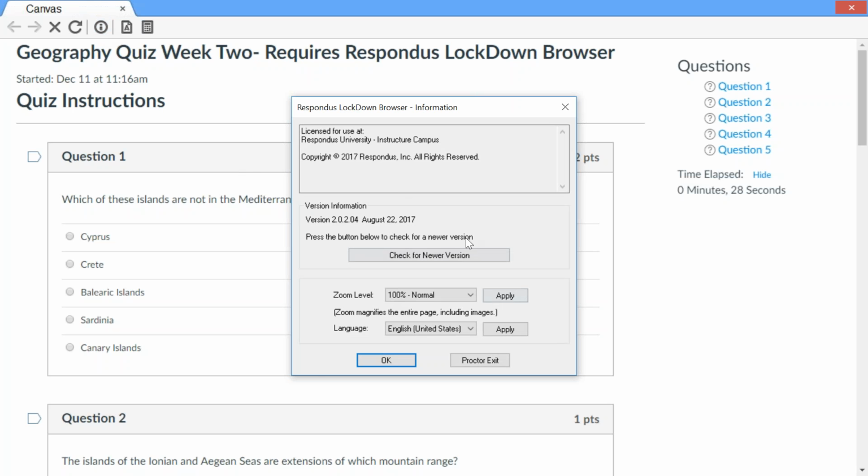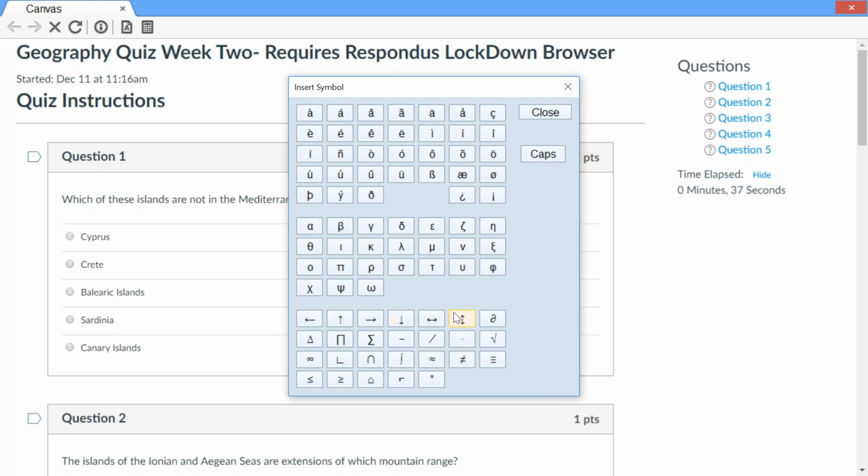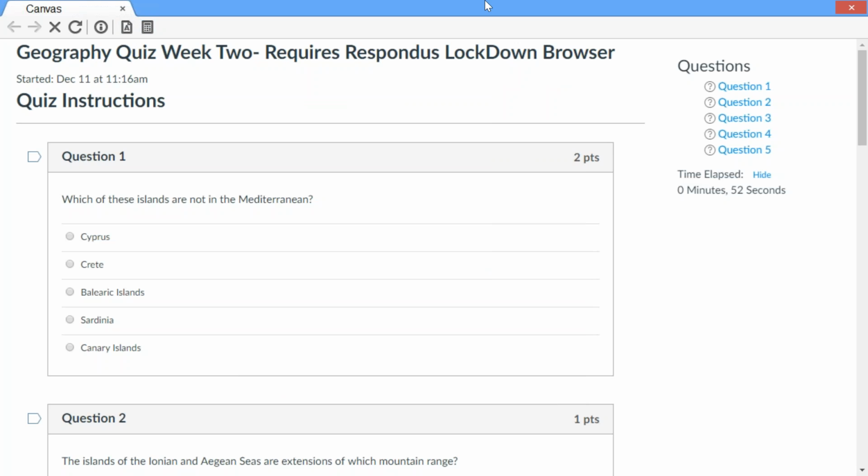The I button allows me a couple of options. It allows me to check for a newer version, zoom my text if I need to. It allows me access to a symbols palette, particularly useful with foreign language, math or science courses, or business courses. And then also the scientific calculator that my instructor enabled for use with this assessment. Now you'll notice in the top middle of the screen that the URL address field has completely been stripped out. So it's not something a student can share with another student. Also to the right,